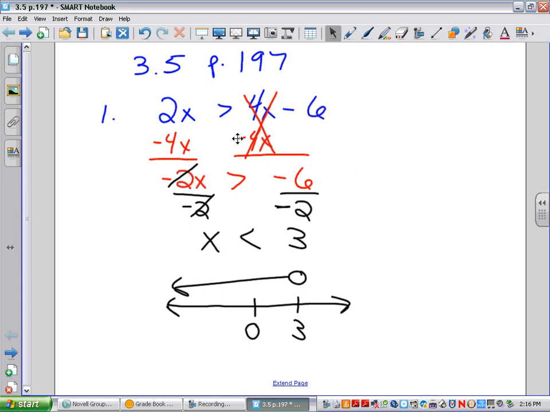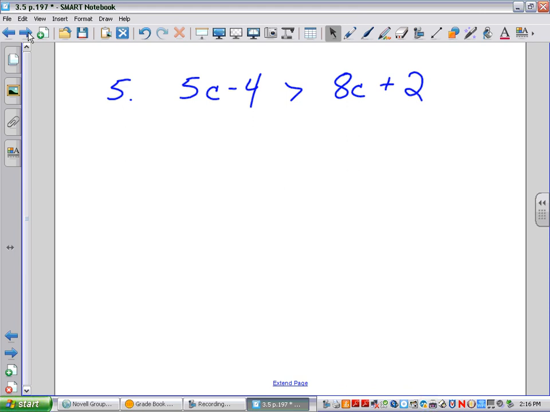Let's look at, I believe it's number 5. With this one, you see you have a 5c and an 8c. You want to move them to the left, so you want to subtract 8c. So your variables are on the left. That would give you a negative 3c